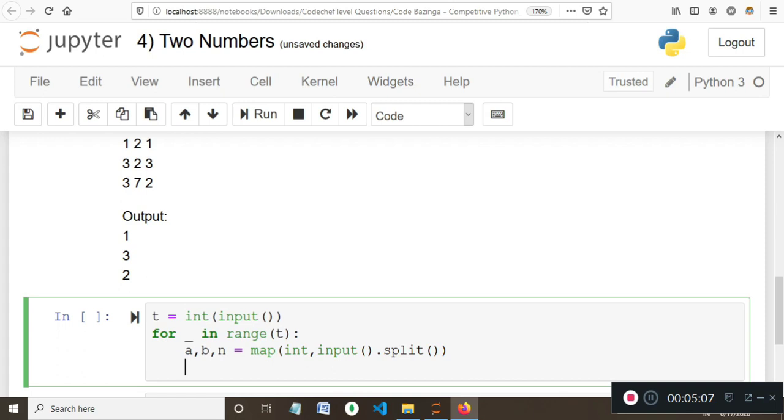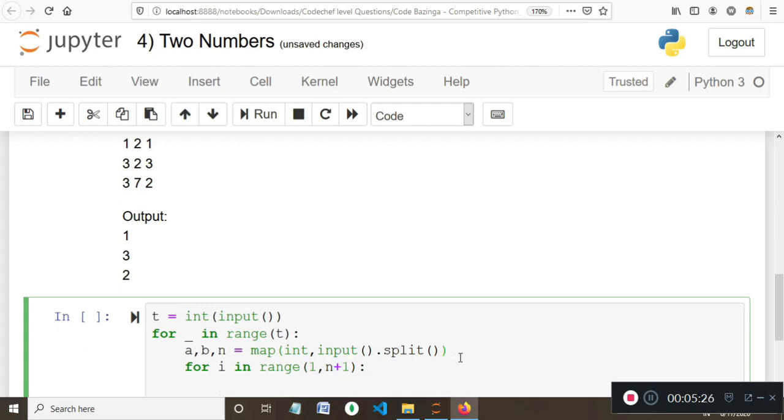Now n denotes the number of turns, so we can use a for loop, for i in range starting from 1 to n plus 1. I have taken n plus 1 so that the range iterates from 1 to n.